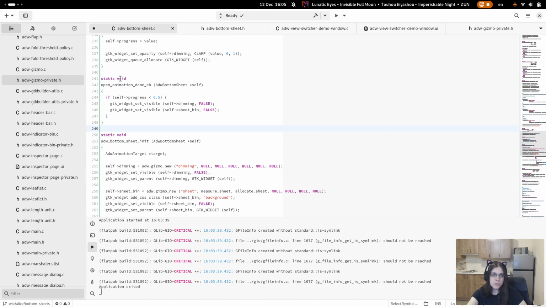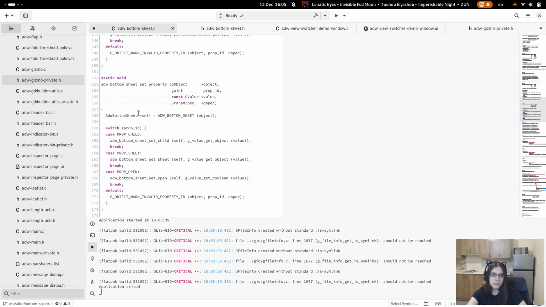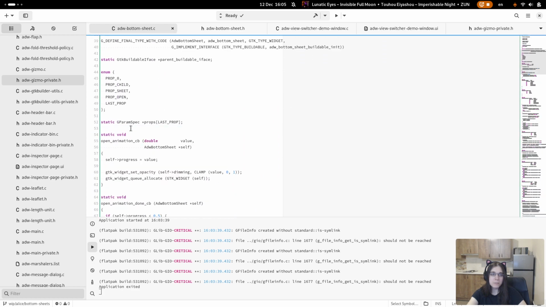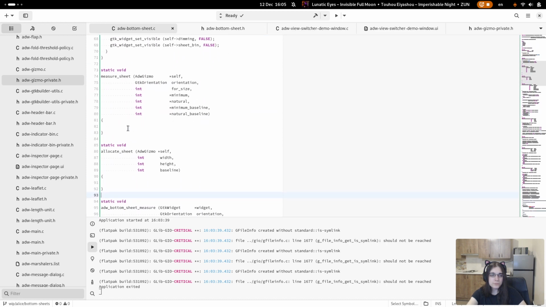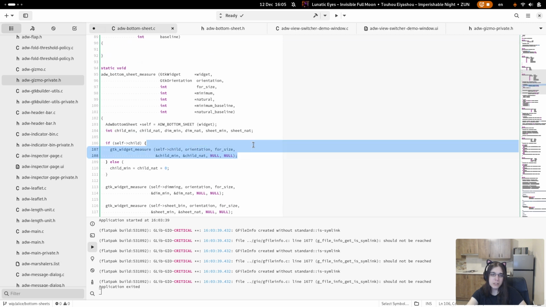Let's move it to, well, actually, let's move all of this above, since I generally prefer to place random static functions above vfuncs. Okay, so measure is simple. We just measure the child and call it a day.